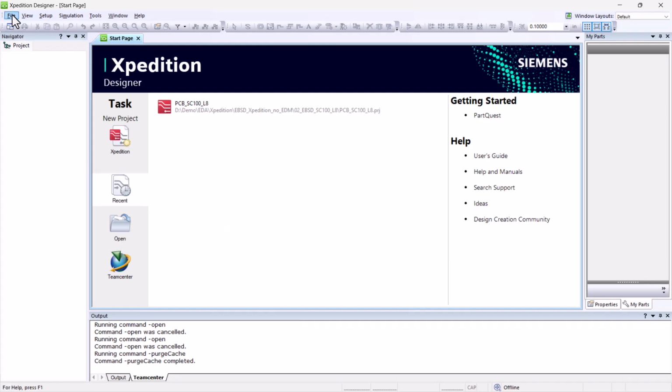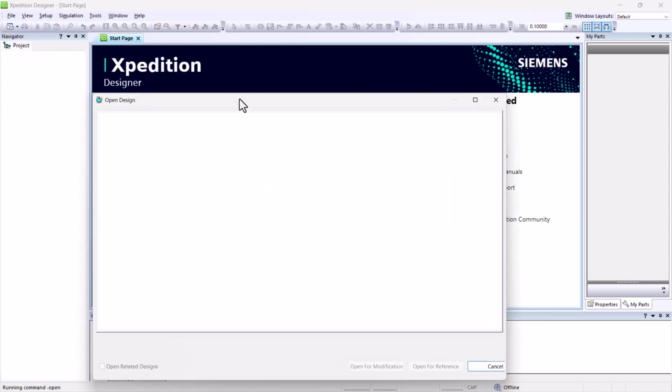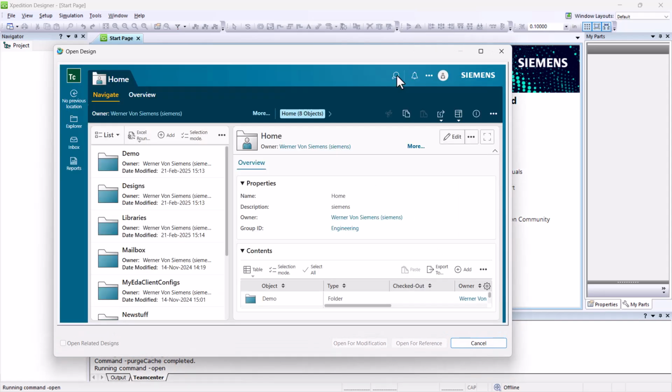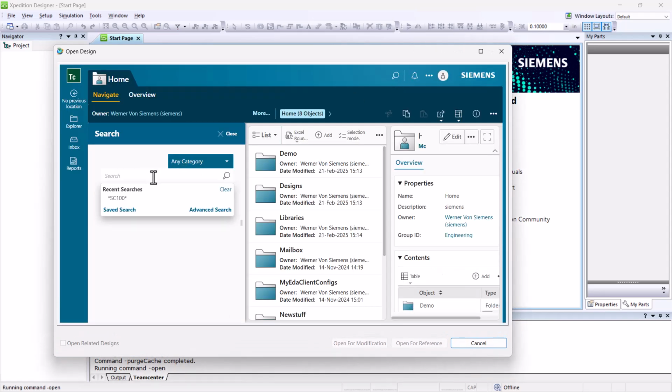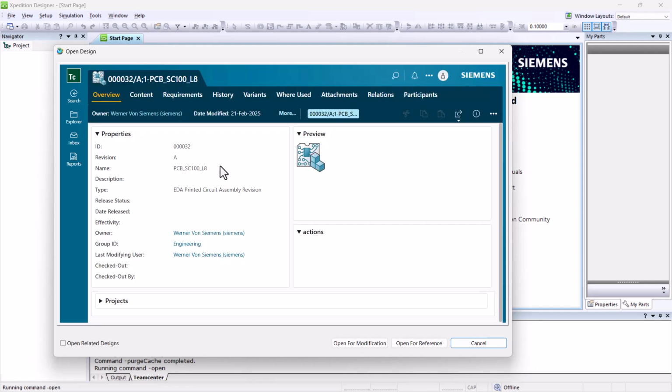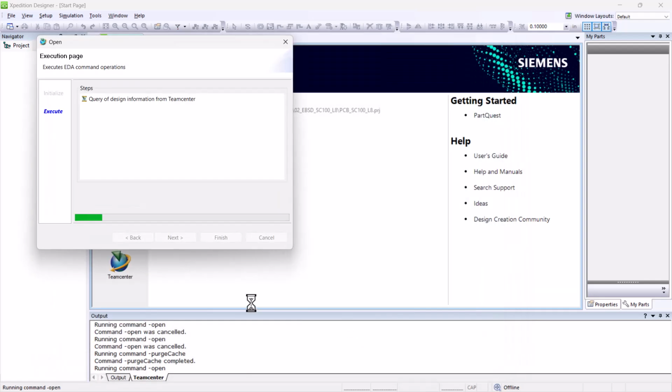Let's now take a look at an ideal EDA integrated workflow. Once again, we'd like to start in a data managed workflow, which means going to Teamcenter to check out our design. From Expedition, we can open Teamcenter and search for our SC100 PCB. We can see that the data type is a PCB layout in the properties, and we can go ahead and